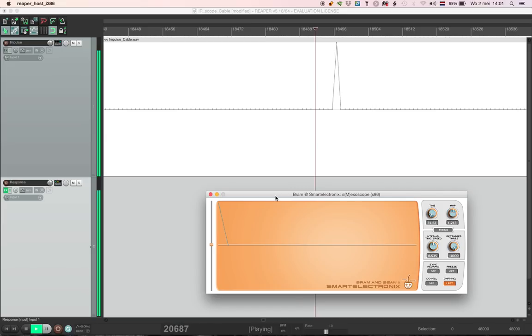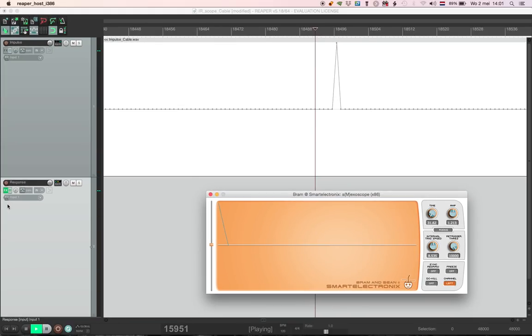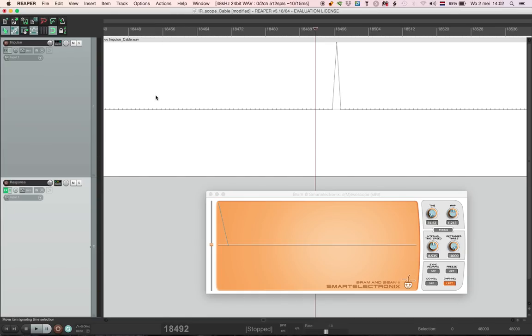Think of track 1 as what goes into our device under test, and think of track 2, which I called the response, as what comes out of our device under test. And since there's no plugins inserted other than the oscilloscope itself, we're effectively dealing with a perfect microphone cable, and of course the microphone cable is expected to deliver all frequencies instantaneously without changing the time or without changing the level. And this we also know by looking